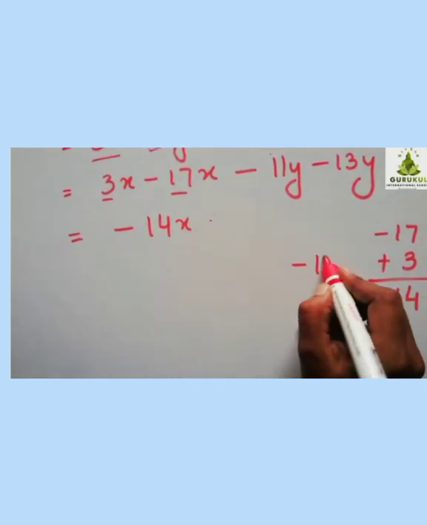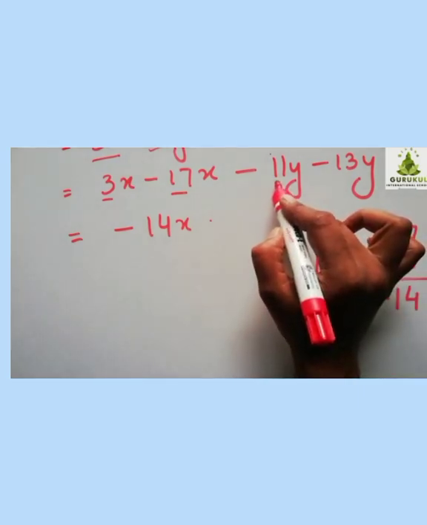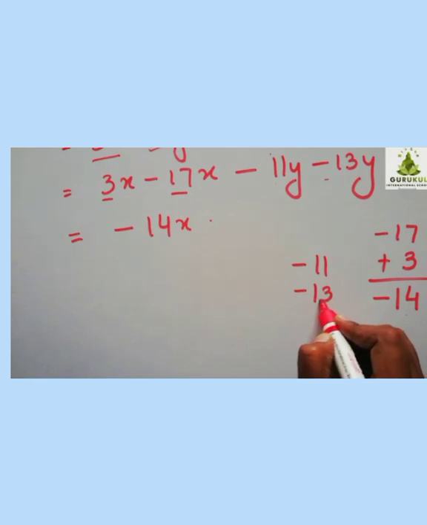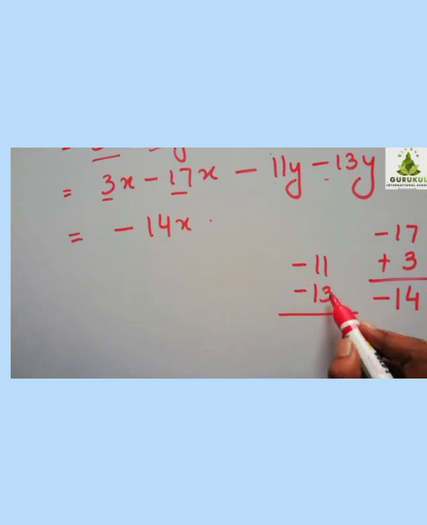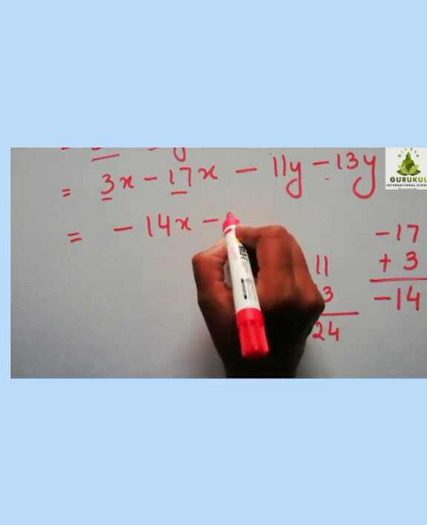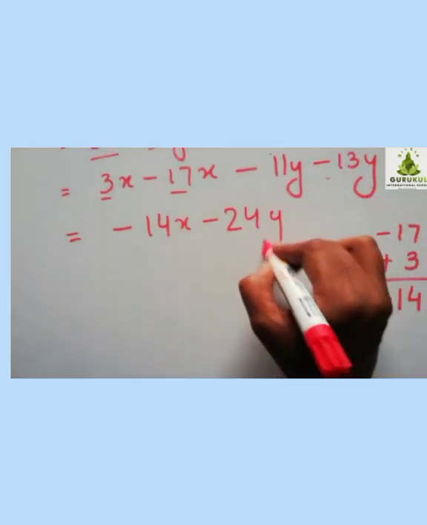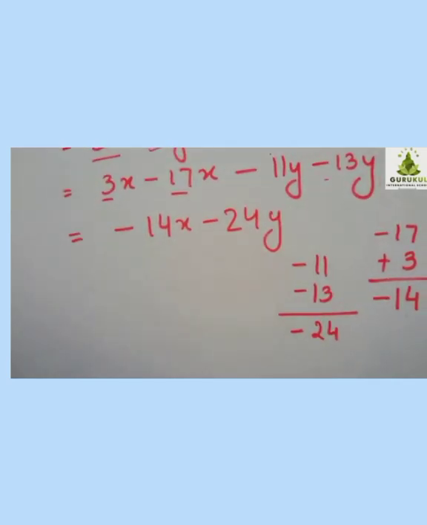Now minus 11, we will see what it is. Minus 11 is the coefficient here, and what is the coefficient here? Minus 13. Is it clear? Now variable is y. Now what to do? Same sign, add. Put the common sign. Now add this. You get 1 plus 3, 4, 1 plus 1, 2. Put the common sign. Is it clear? So you get minus 24, and what is the variable here? Y. Is this clear to you, this much?